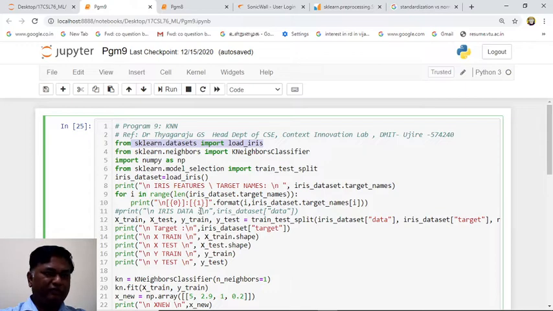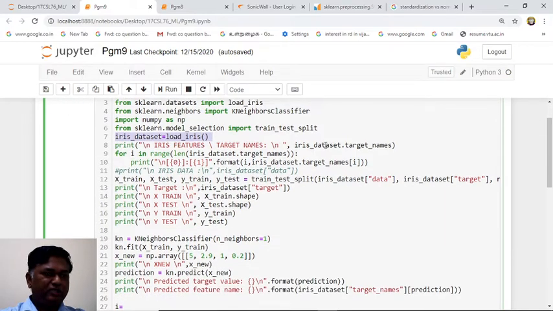We have 3 types of flowers: Setosa, versicolor and virginica. This line is importing the KNN algorithm. This is NumPy. Now we have to take the data set and divide it into training and testing. Line number 7 will load your entire iris data set.